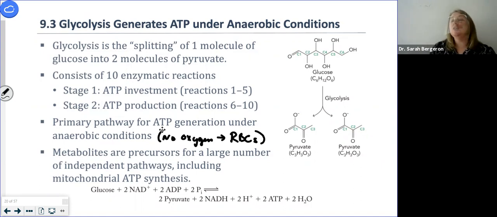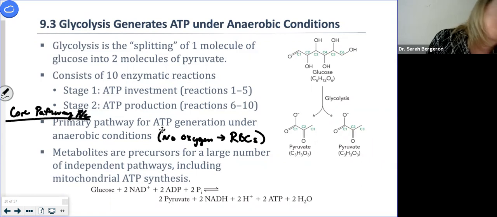And then glucose, when it's metabolized in glycolysis, can make a product that can go in many different pathways. The metabolite that is made from glycolysis can be used in all kinds of other pathways. And one of those pathways is mitochondrial ATP synthesis, which is where we're going for this class, right? And the other reason this is a core pathway